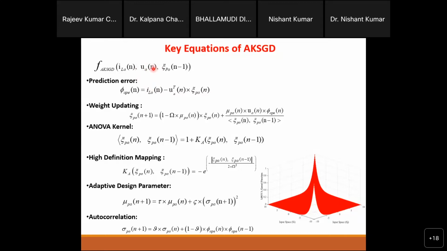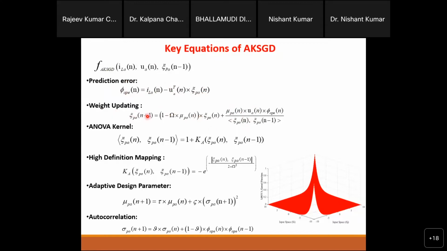So this is that term, this is for phase A. This is the phase A load current, this is the unit template of phase A, and then this is calculated, sorry, the weight updated form. In this way you can see this is the prediction error. This is the load current, and this is our predicted one. So your prediction error will come in this way. Similarly, as I told, we will map this error. Through this mapping, we will calculate this weight.